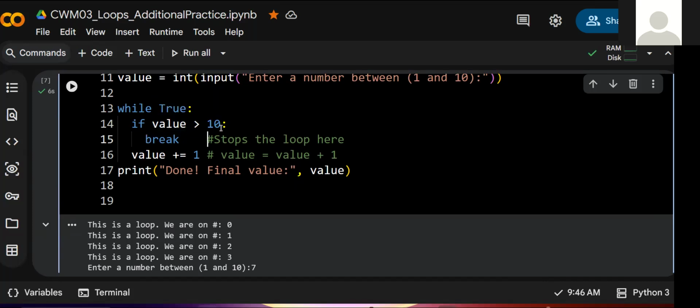than 10, since it isn't, we're going to go ahead out of this if statement and go to the value plus equals 1. Then it's going to go back up to the while loop. Is 8 greater than 10? No. So then we're going to skip that if statement